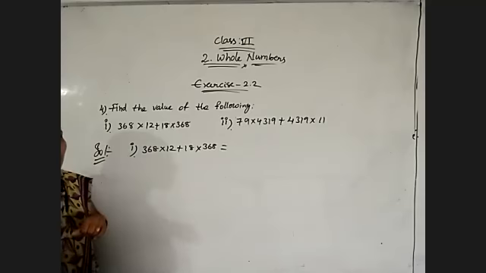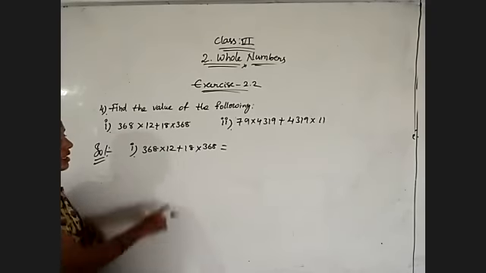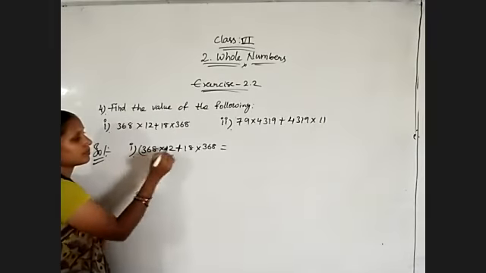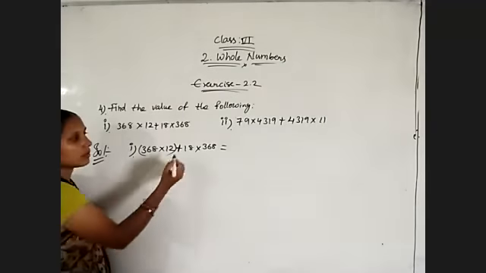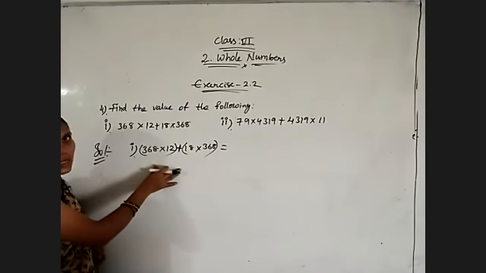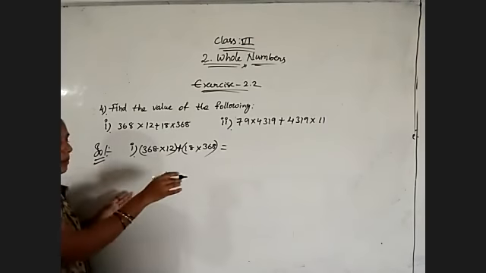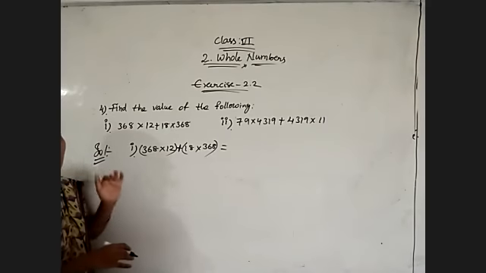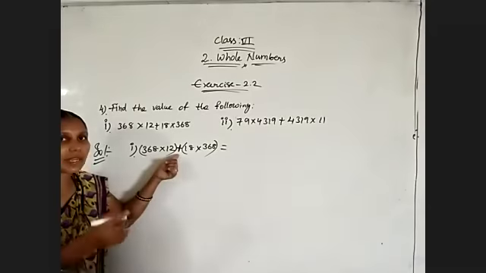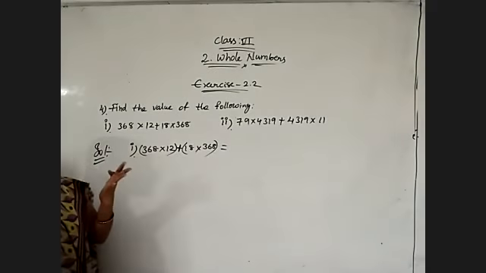So in this case, which property is suitable? Observe here how many terms are there in total. Between these two, into, so only one term. And here also only one term. That means only two terms are there in this question. And into plus, I already told you, into only means go with commutative and associative. But here into is there and plus is there. So the remaining property is the distributive property only. Closure property, commutative, associative, distributive.